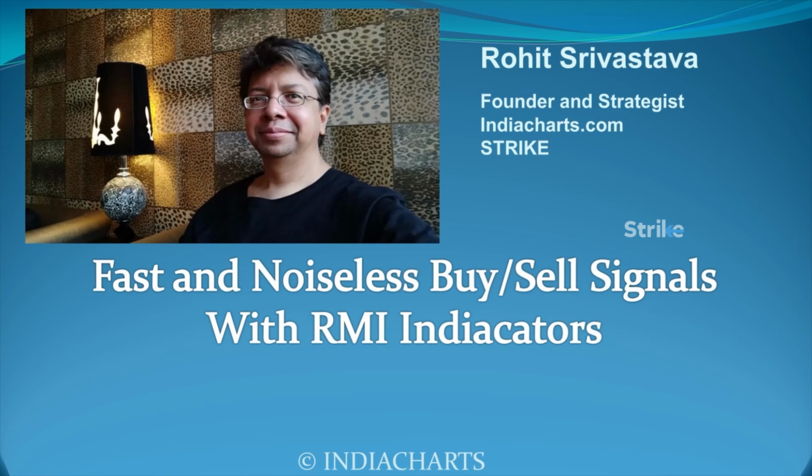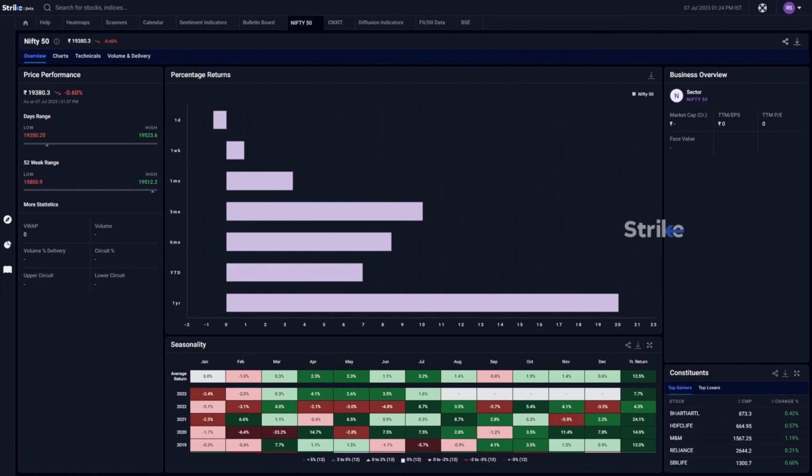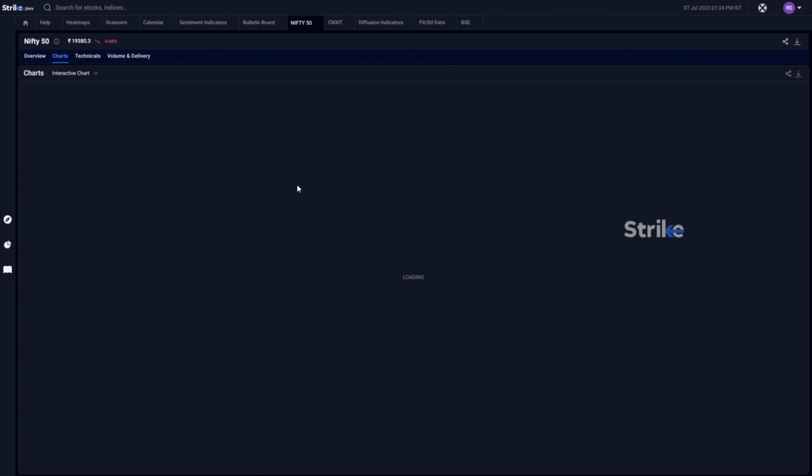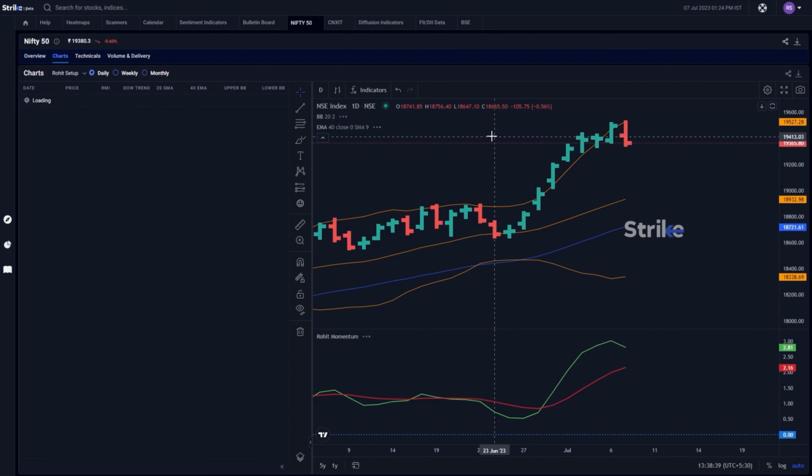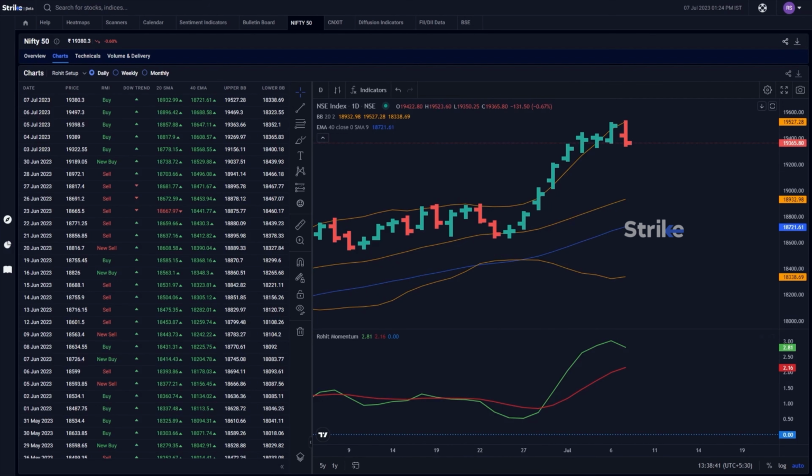Because it's one of the very important tools I think available on what is now the Strike platform that India Charts has launched. When you come to the Strike platform, once you open this page for any particular stock, you find a section which says charts, and then within interactive charts, you can actually choose what is the Rohit setup. And when you do that, you actually see the RMI indicator going through multiple buy and sell signals